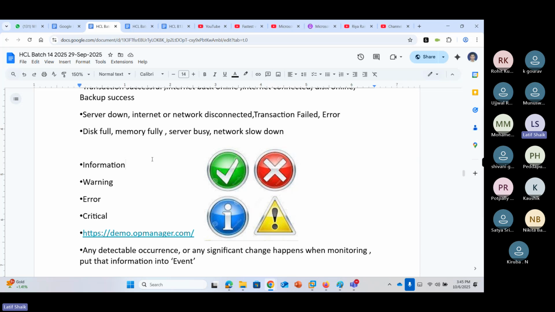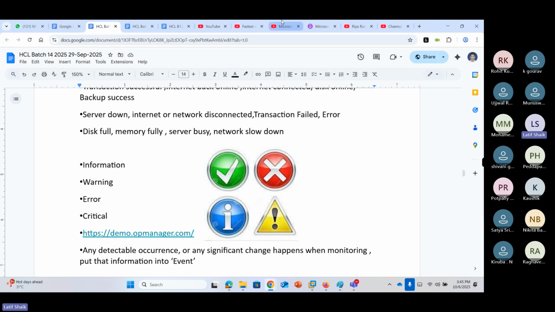So in event management, different events occur, and we can manage them into information or success type, warning type, and critical or error type events.